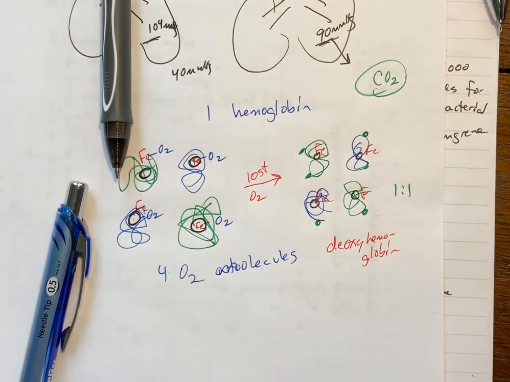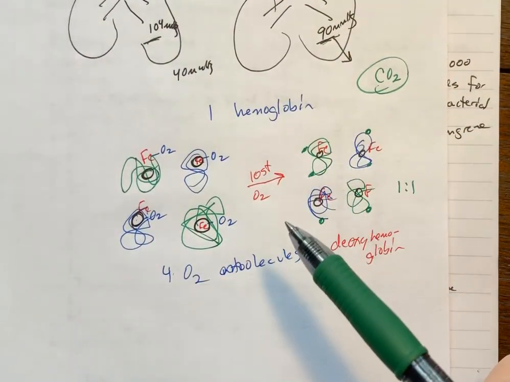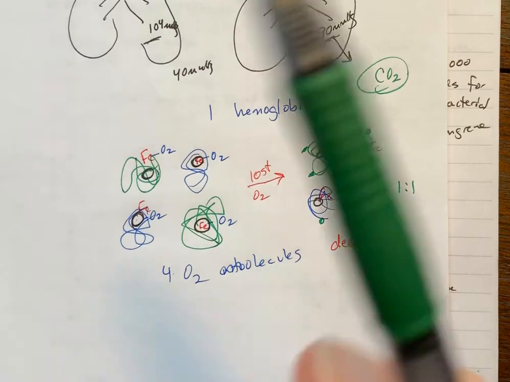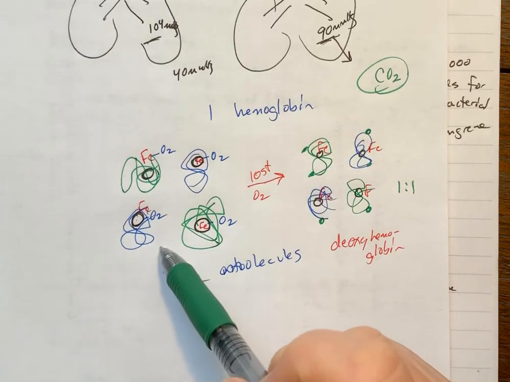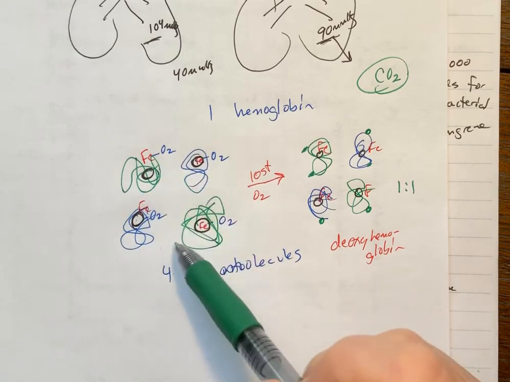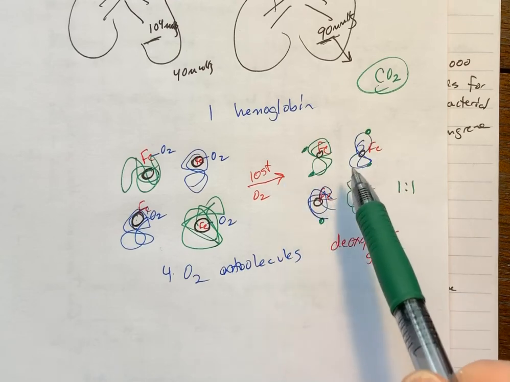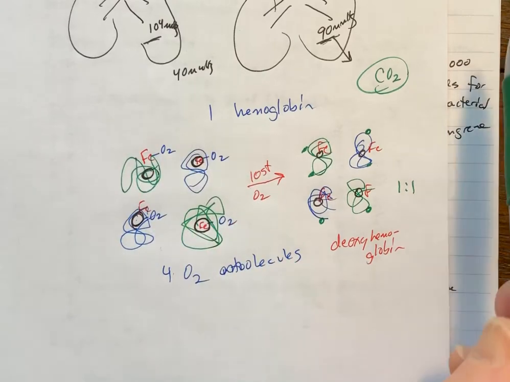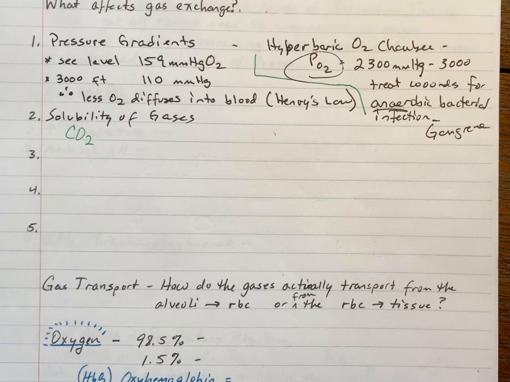Don't get lost in that. Don't worry too much about this. I guess basically what I really want you to know about this is that the solubility of gases can affect the gas exchange. And I was just trying to show you that a hemoglobin can hold 4 oxygen molecules. However, it can hold more carbon dioxide, but since the pressure gradient is so low in carbon dioxide, it still all equals out 1 oxygen for 1 CO2.